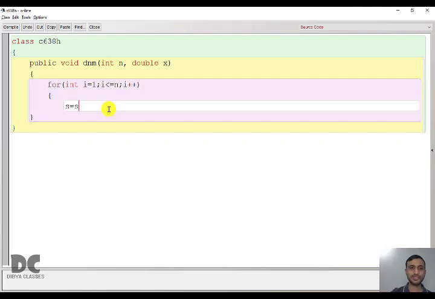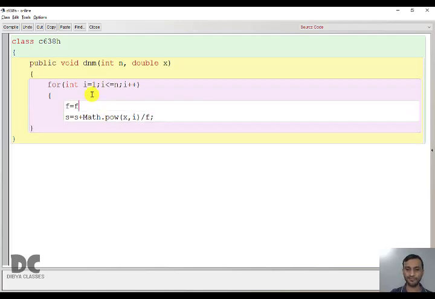So the sum is s equal to s plus x to the power I by I factorial. So that it will be x1 by 1 factorial, x2 by 2 factorial, x3 by 3 factorial. So for power we need to do Math.pow x comma I divided by I factorial. But we cannot write factorial like this. So we need to create the factorial in another variable.